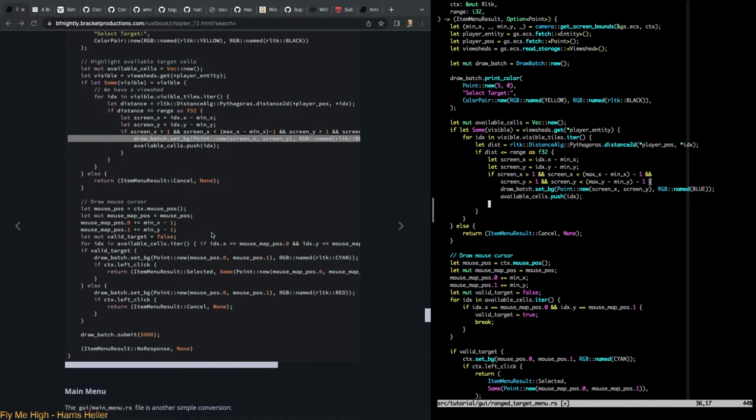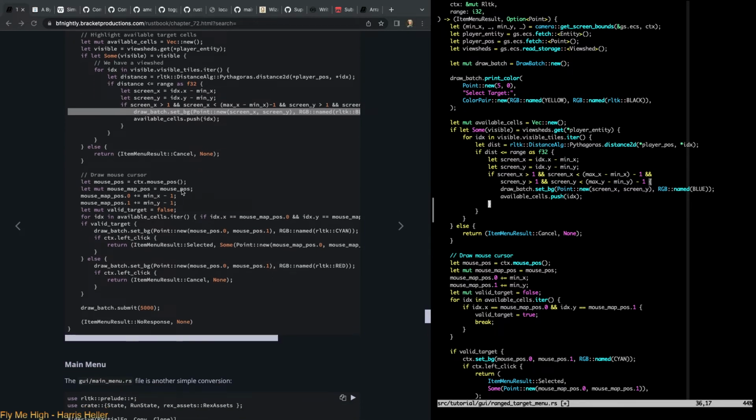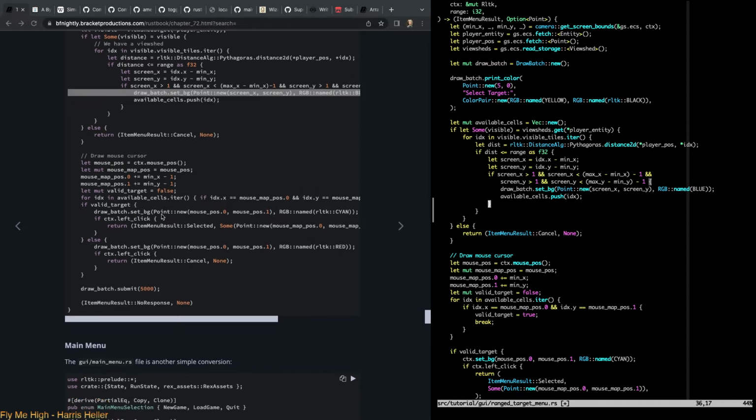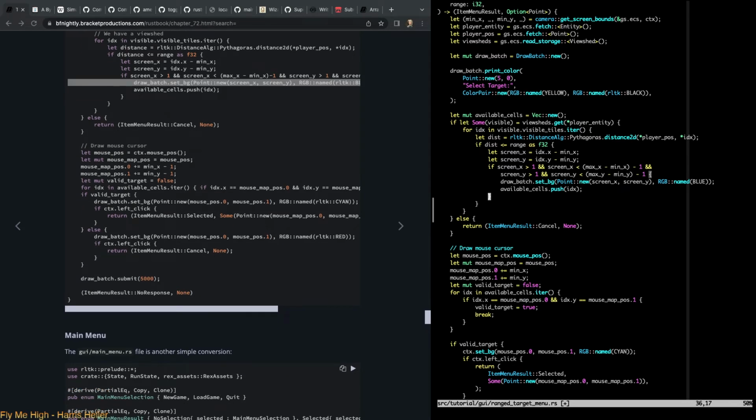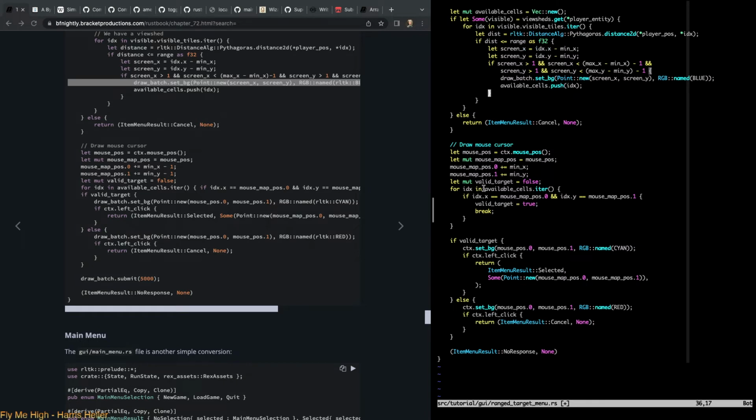And that draws the batch, and then draw mouse cursor. We have CTX mouse pos, that doesn't change. Yeah, and I shifted these minus 1s off because it was pointing in the wrong spot. I remember doing that a while ago. There's valid target. That doesn't change. Here's DrawBatch. Valid target, set background. Okay. And this is just point new. Right? And then if the context is left click, do that. Otherwise,